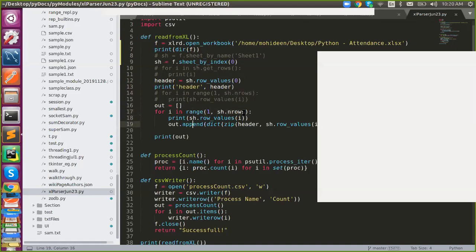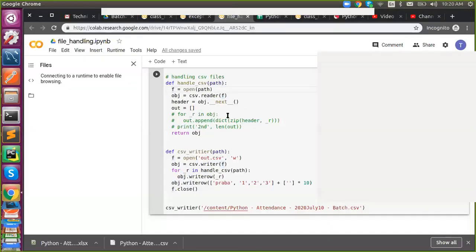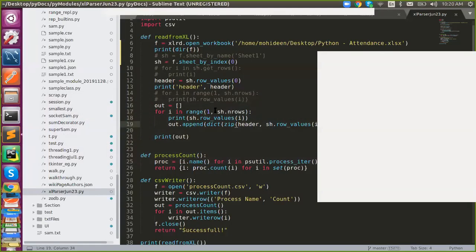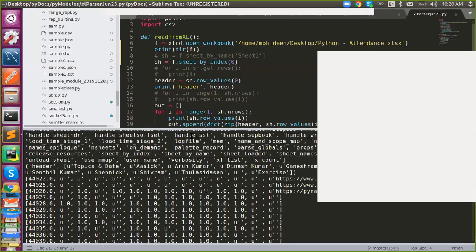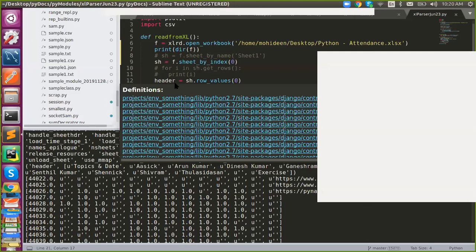And then, how to fetch a value? To fetch a value, we need to iterate. Here we should use this method to find it out. You need to pass each and every row number to get the corresponding row values. It will read it as a list. So this is how I'm getting it. Each row, you will get one by one. Got it? So once you've got a header.